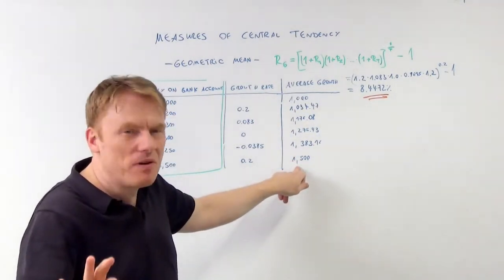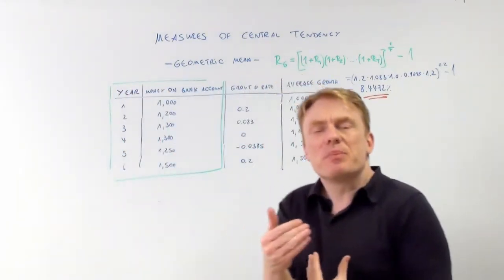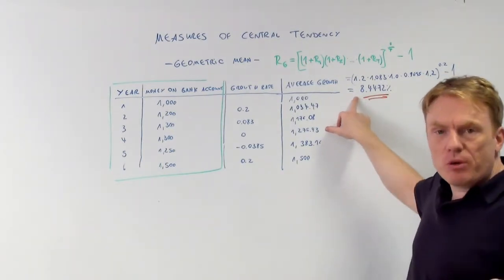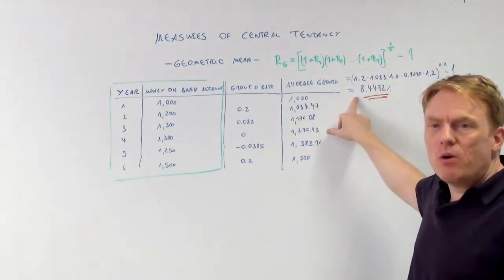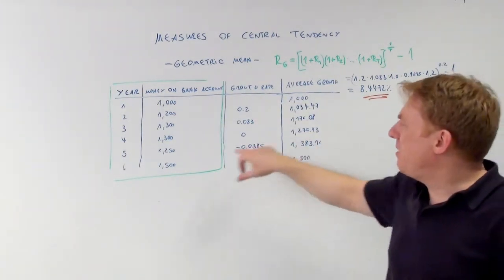Now, careful, in the last year we ended up with exactly $1,500. Isn't that cool? Isn't that very, very cool? We ended up checking that the average growth rate we calculated is just okay, because it gives us the real amount of money we wanted to have at the end,